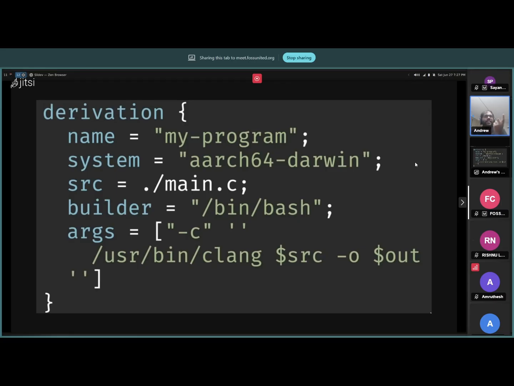And the idea with Nix is basically you define this, and this is kind of like a recipe for how to build software, right? For example, this thing says what all requirements there are. I have this program, and I'm building this for this architecture. So this basically means I'm building this for an Apple Silicon Mac. Darwin is the macOS Unix kernel.